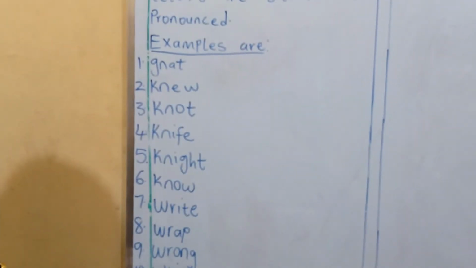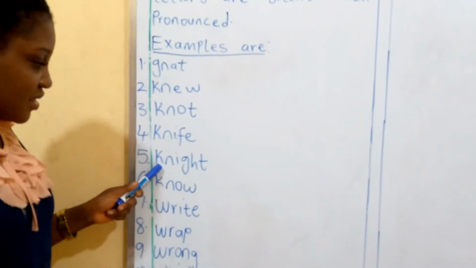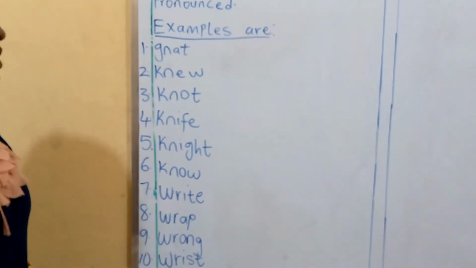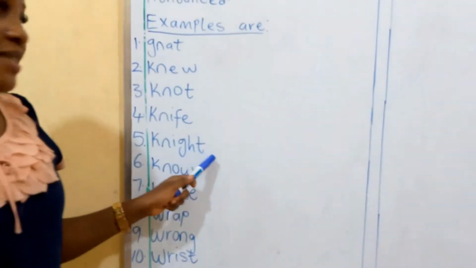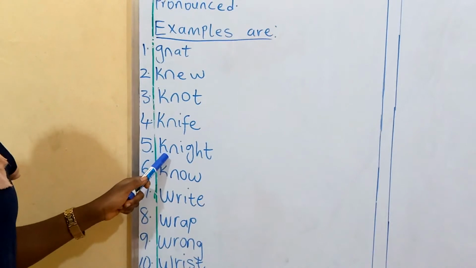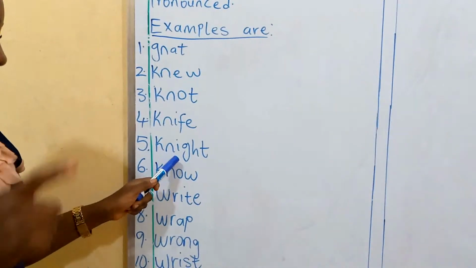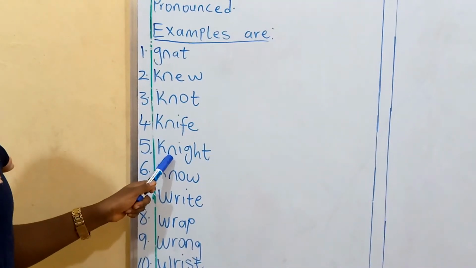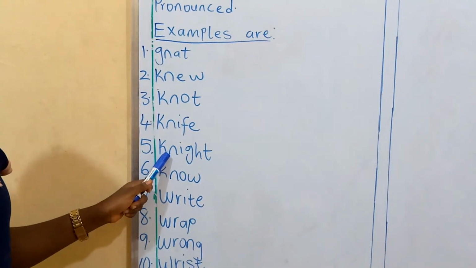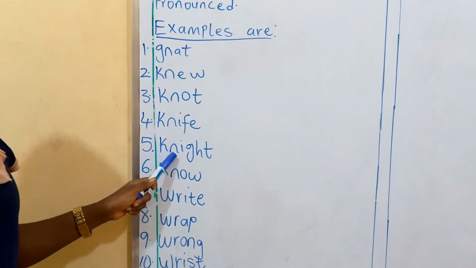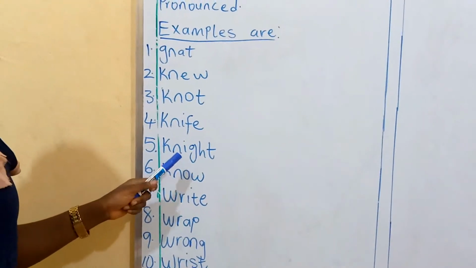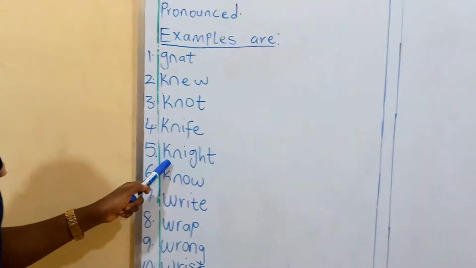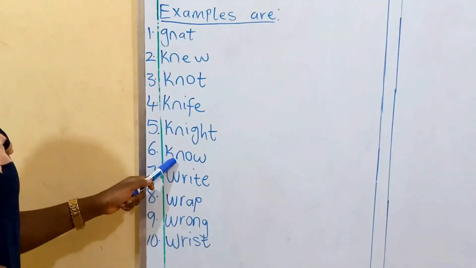Okay, look at the next one. What's this? Beautiful. Did you just say night? You are correct. It is night. I hope you did not sound the K. Did you tell mommy it's knight? You didn't. You are smart. So although it has K at the beginning, when we were pronouncing it, we didn't sound it, because K is silent. So this is what we mean by beginning silent words. There are some words where the letters appear, but we do not sound them.